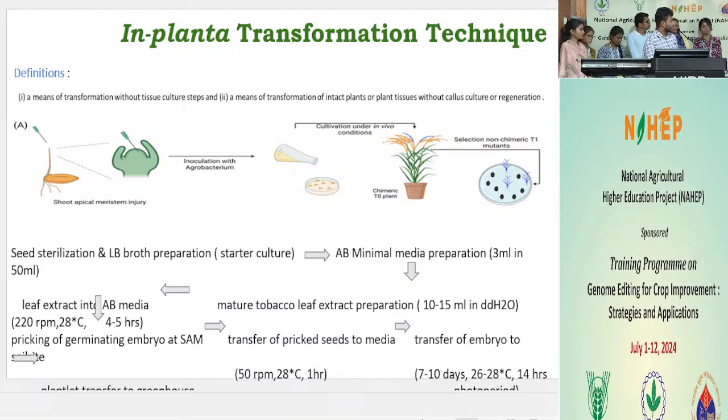In the case of the Indel PCR assay, we will design the PCR primers for our gene of interest and do PCR amplification of the target site region, and we will go for gel electrophoresis to identify the mutants from the non-mutants. And once we identify the mutants,